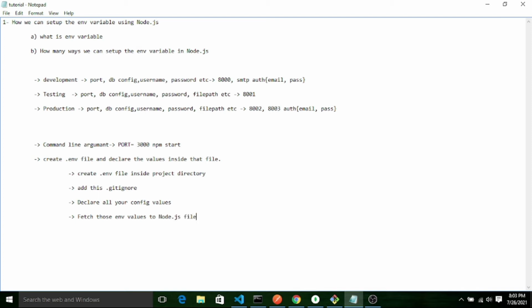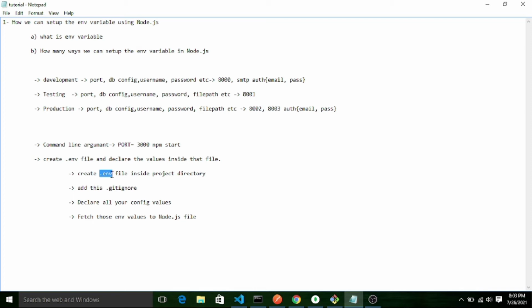Now it's okay, right? So first I have created. Now I will add this .env file to git ignore. Why? Actually it's required. Whenever you are committing to git, you should exclude this file. So git ignore's function is like that. When you commit your total code base to git, whatever files you have mentioned inside that git ignore will be left out, and the rest of the files will be uploaded to git. Why don't you need to upload it? Because if you have declared some sensitive data like username, password, and that git repo is public, it will be visible to all.